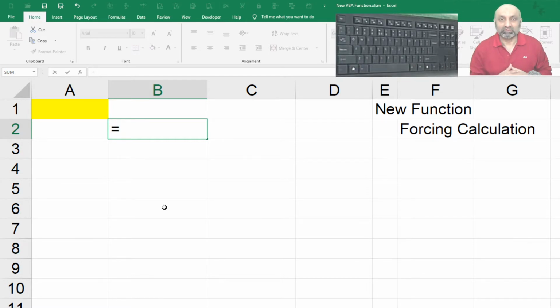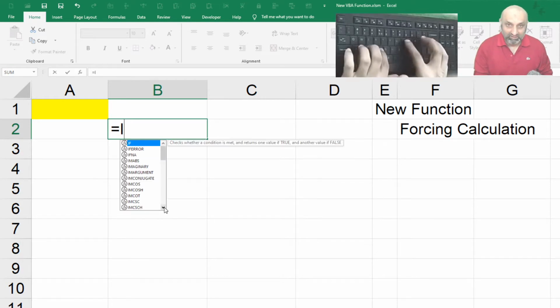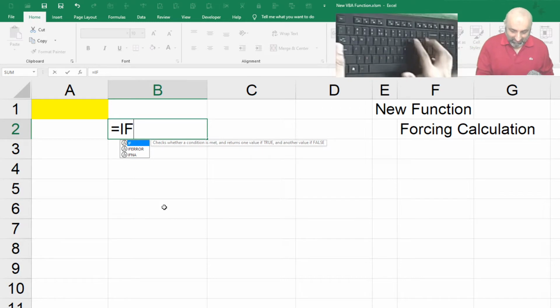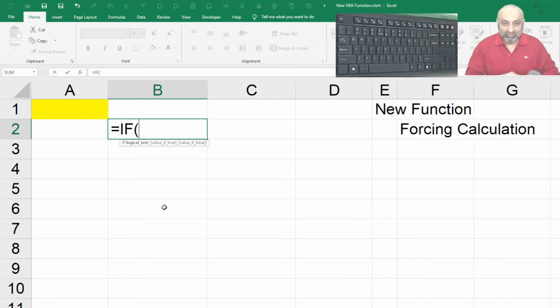For example, if I am going to use the if function, it will be equal sign, if, the name of the function, and then comes our round bracket. So equal to if, round bracket, and within that round bracket we use our parameters, arguments, or options, whatever name you want to give them. So let's call them parameters.